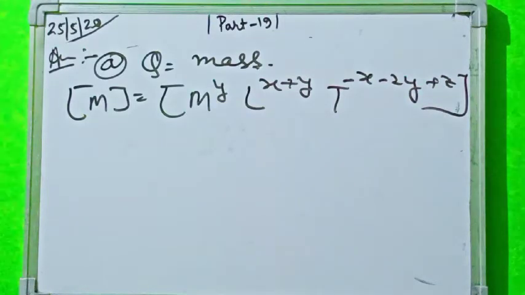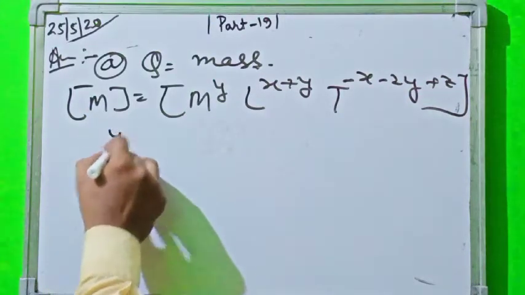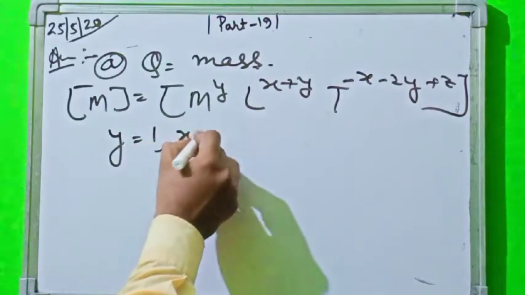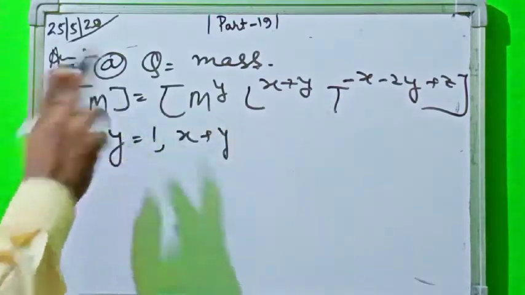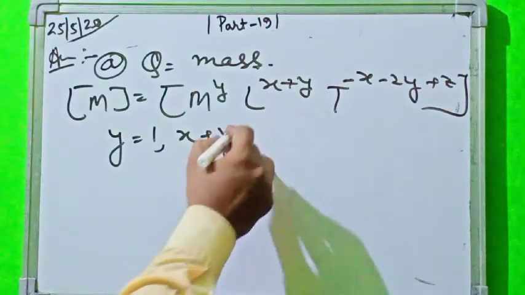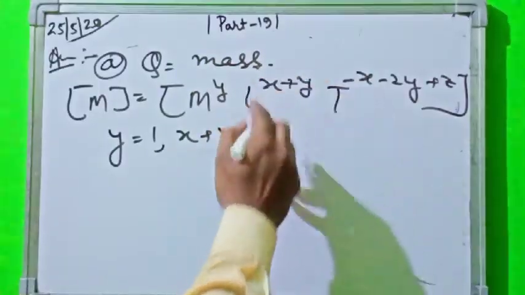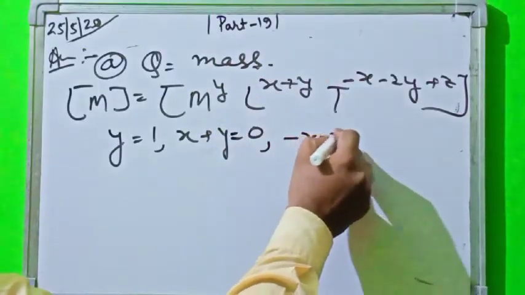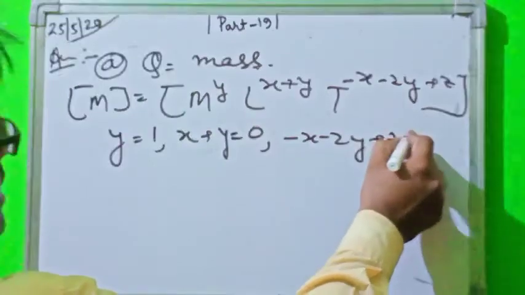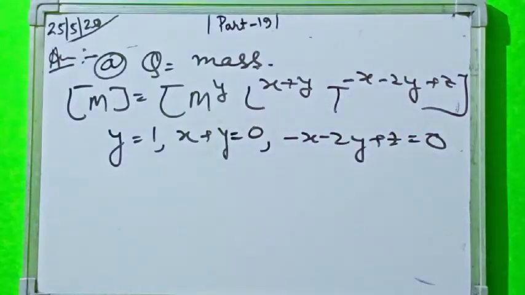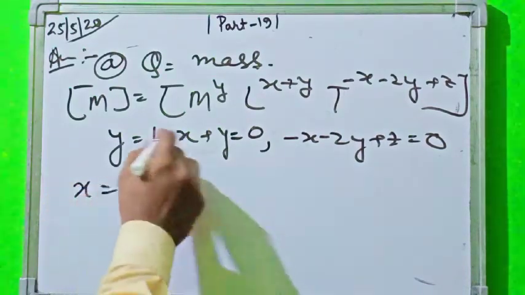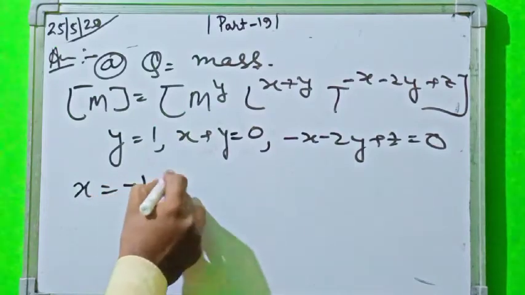Obviously, by the principle of homogeneity, y is equal to 1, x plus y is equal to 0, because here there is no term for length, and minus x minus 2y plus z is equal to 0. On solving it for x, y and z, x is equal to minus 1, y is equal to